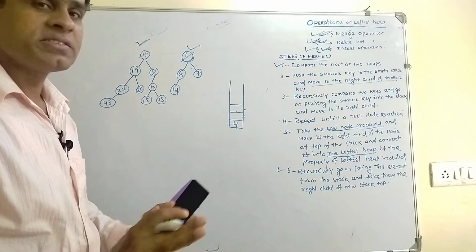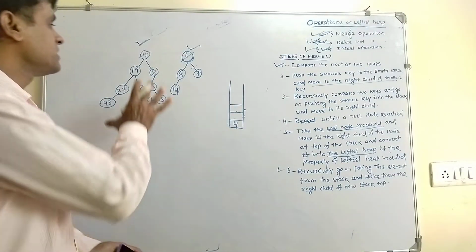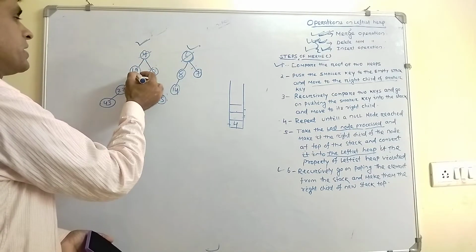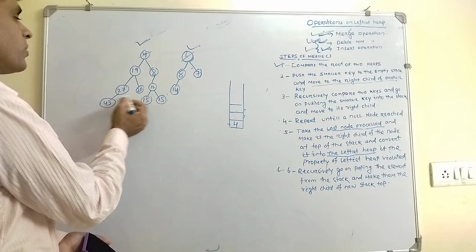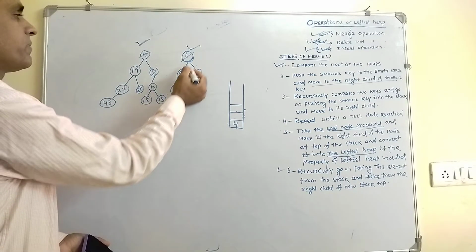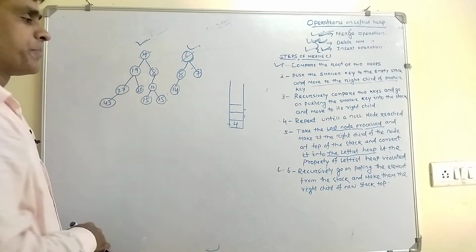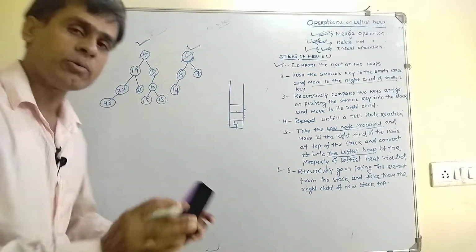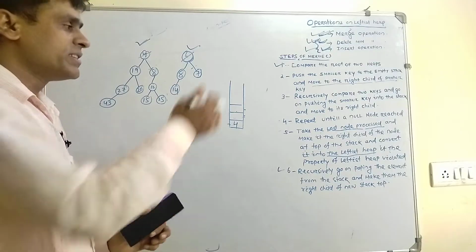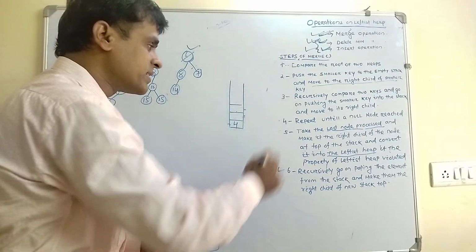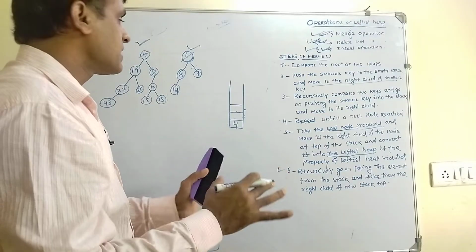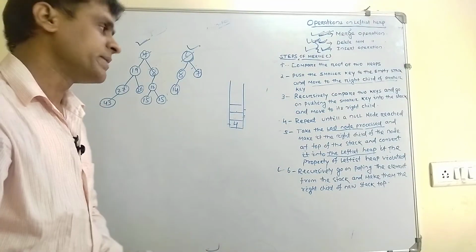Whenever we are merging two leftist heaps, suppose this is one of my leftist heaps. The elements are 4, 19, 8, 27, 43, 20, 12, 15 and 25. And here 6, 8, 7 and 40. So how a stack is recursively used to merge these heaps, that we will discuss. These are my steps. We will go through them one by one and explain the merge operation in a leftist heap.